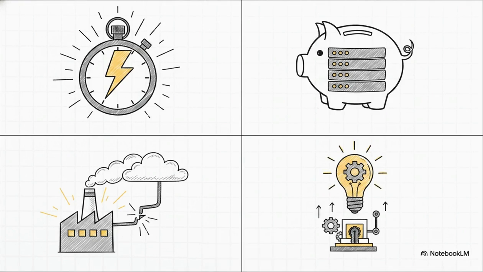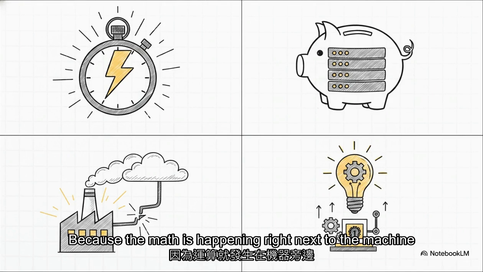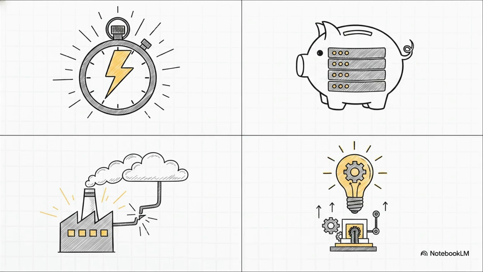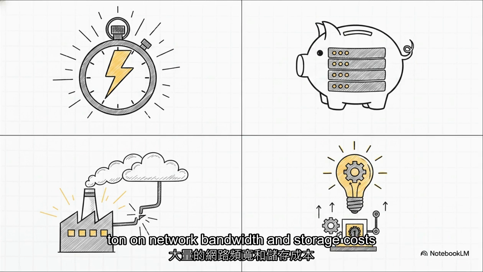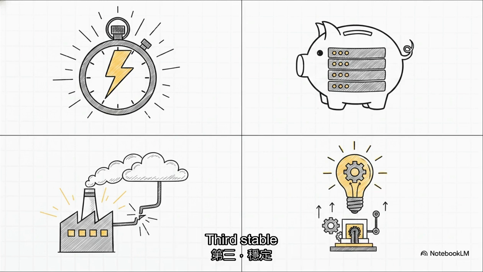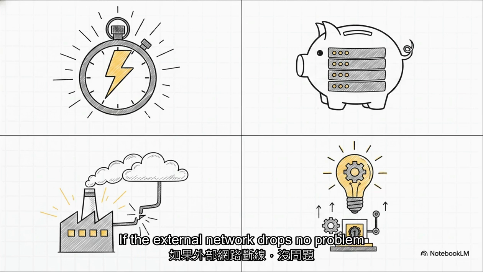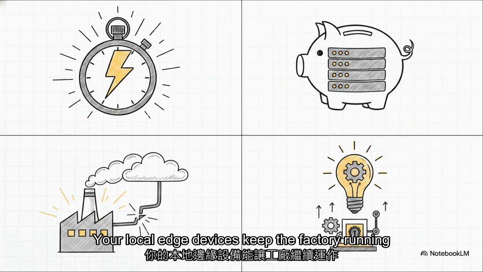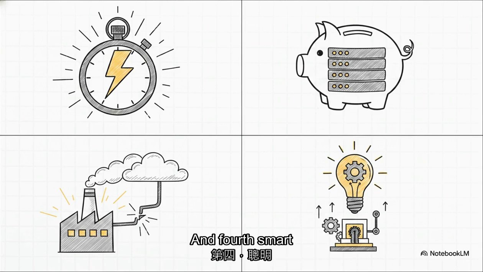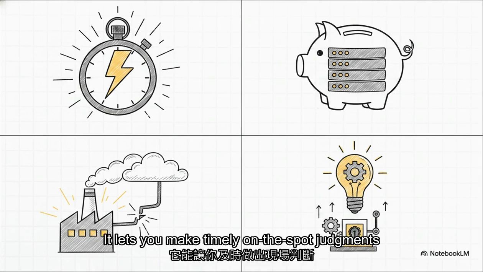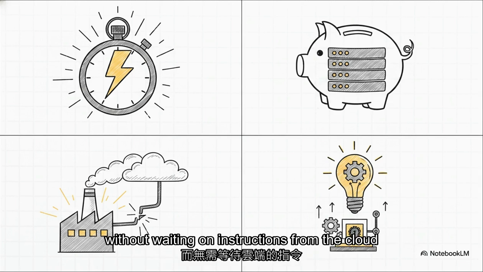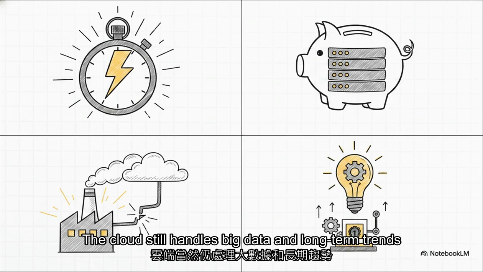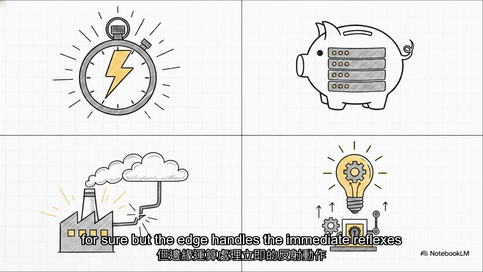First up, fast. Because the math is happening right next to the machine, reaction times are practically instant. Second, save. You aren't uploading every tiny raw data point to the cloud, which saves an absolute ton on network bandwidth and storage costs. Third, stable. If the external network drops, no problem. Your local edge devices keep the factory running. You don't have a complete shutdown. And fourth, smart. It lets you make timely, on-the-spot judgments, like simple optimizations or basic predictive maintenance, without waiting on instructions from the cloud. The cloud still handles big data and long-term trends, for sure, but the edge handles the immediate